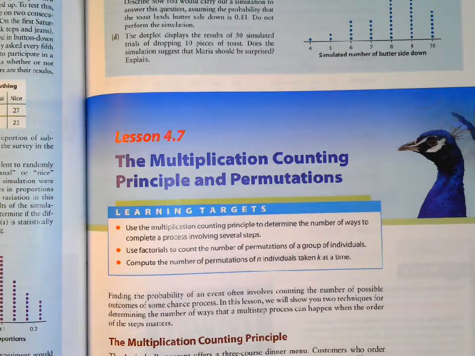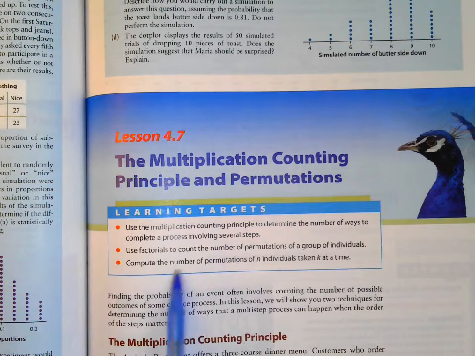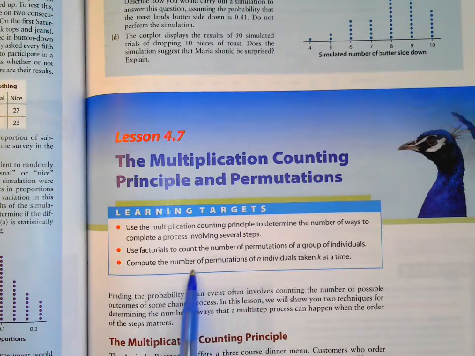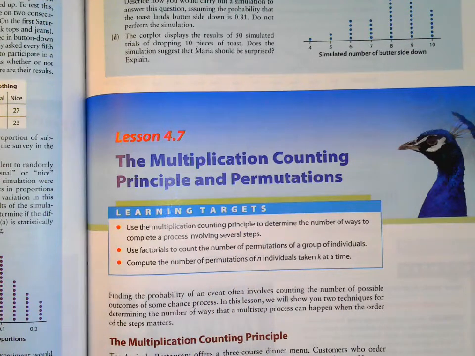4.7. We're going to talk about three things here. Using the multiplication counting principle to determine the number of ways you can do something. Use factorials to count the number of permutations. And compute the number of permutations of n taken k at a time. Okay, so we'll talk about these things. I think you've talked a lot about these things when you did Algebra 2, but we'll talk about them a